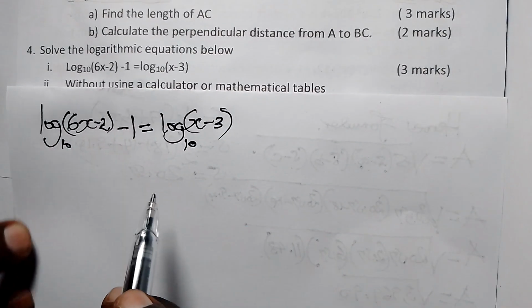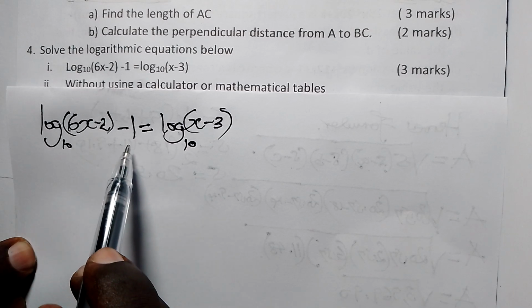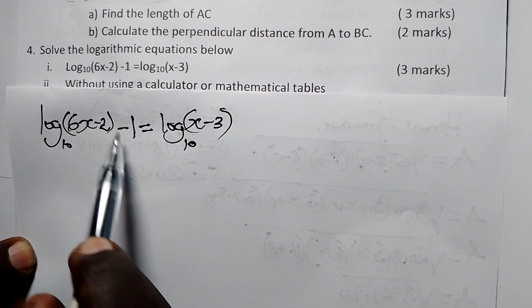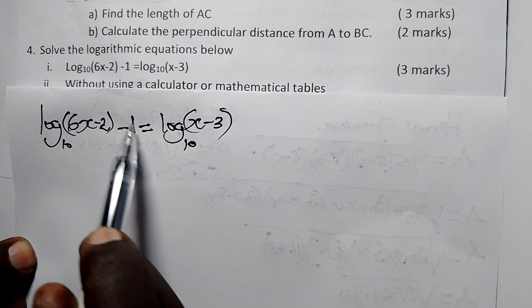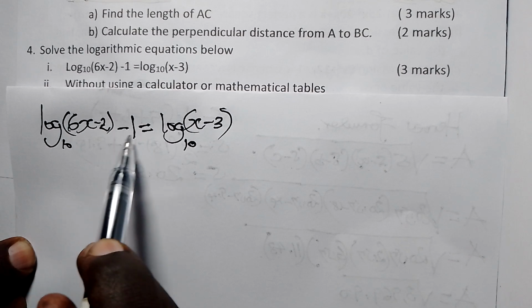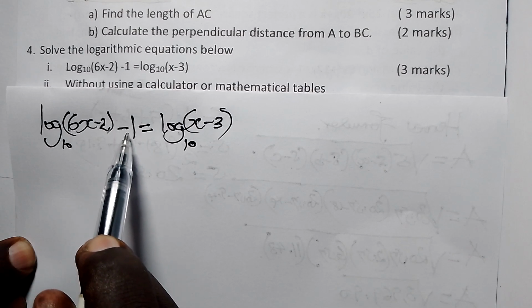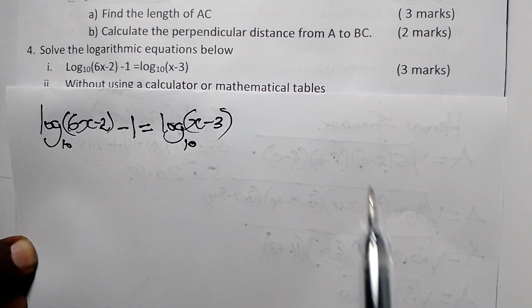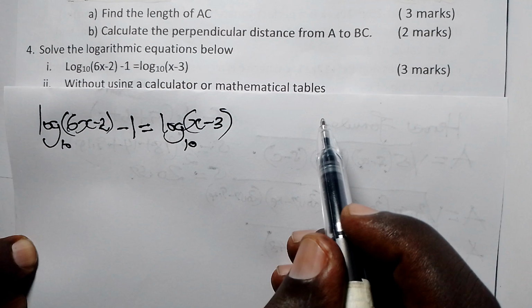Now if you look at that question, we need to rewrite or express 1 in logarithm form. So if we express 1 in logarithm form, we need to remember that 1 can be